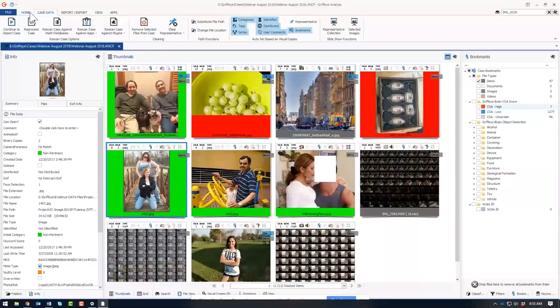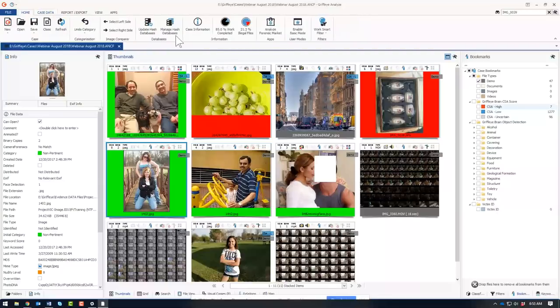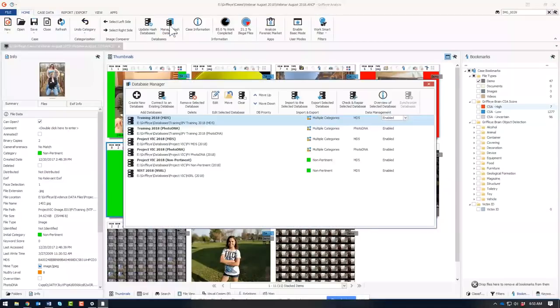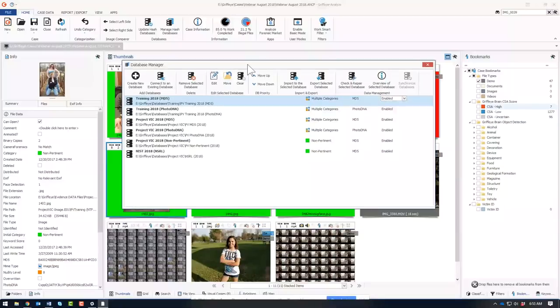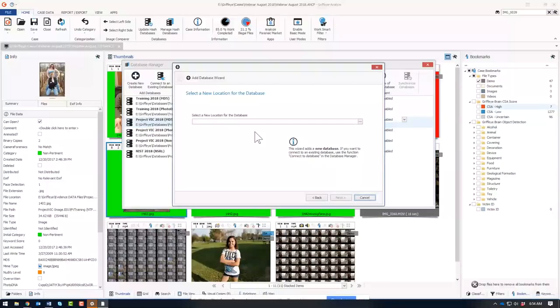Someone asked me to talk about databases and how to import. So we use Project VIC. Excuse me, I used to use Project VIC. I am still affiliated with Project VIC, however, I don't do investigations any longer. But the way to import your database, or to create one, let's say you have a set of files already categorized however you did it. You can create a new database, or you can connect to one that exists and import your file.